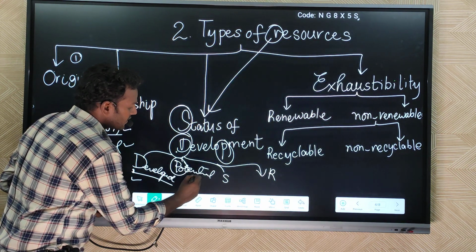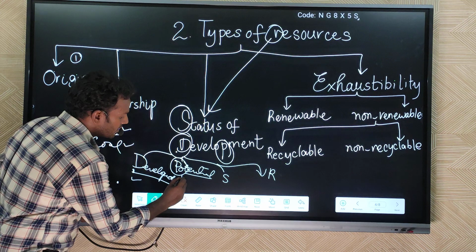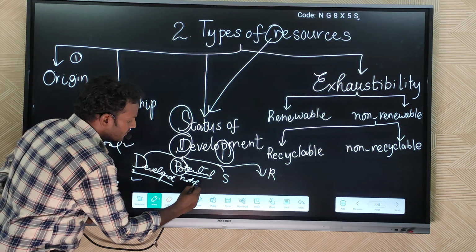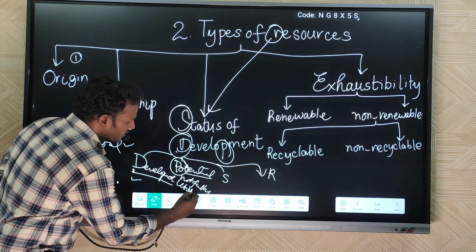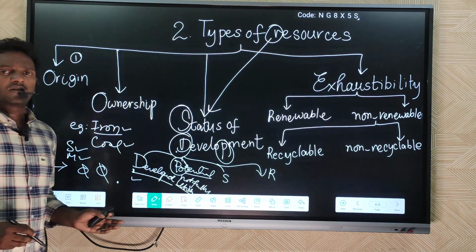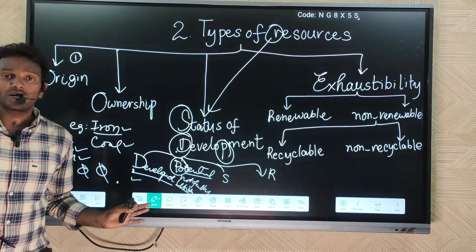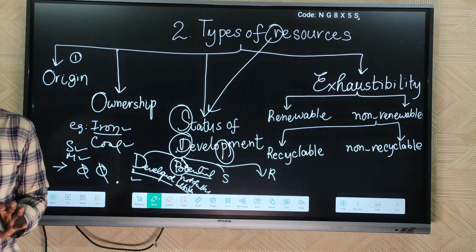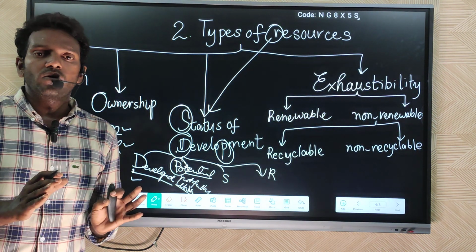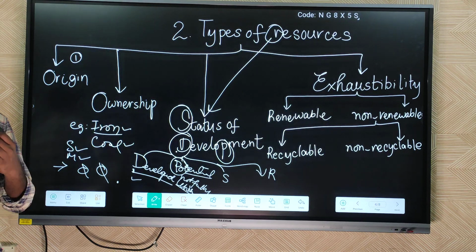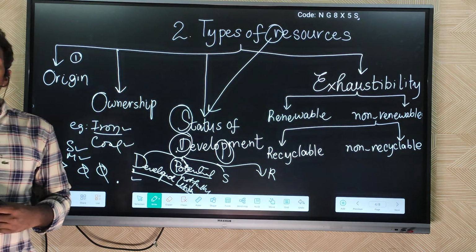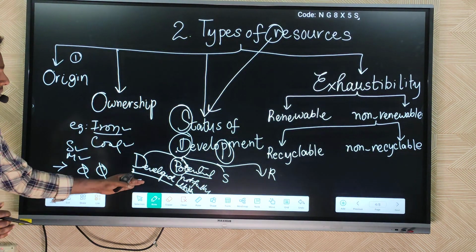What does potential stand for? Potential means not fully utilized. There are resources, but we are not utilizing them at the optimum level. There is scope to utilize them, but we are not utilizing them at their optimum level. That is the point. For example,